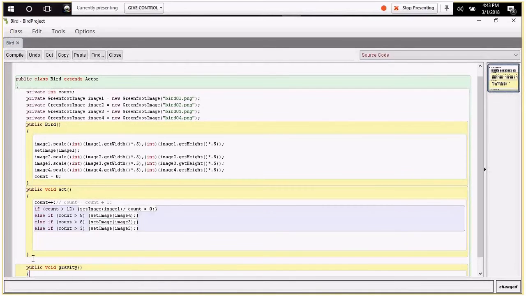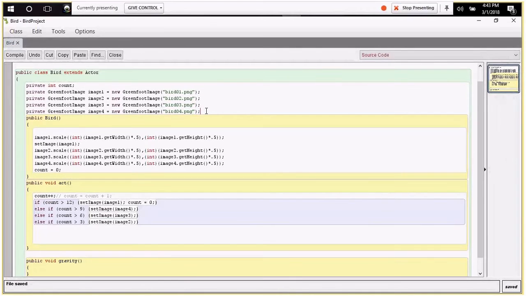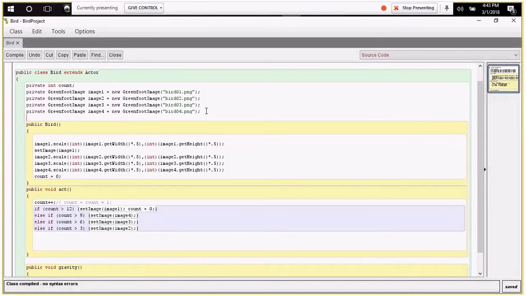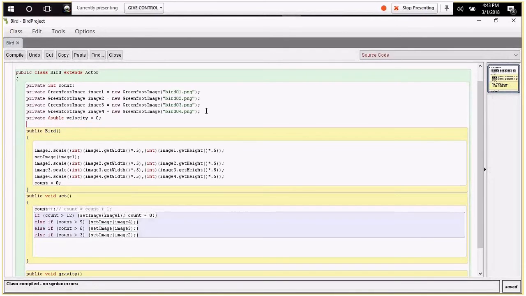It's going to be a couple lines. So I'm going to add another variable to the bird object. Well, I guess I'll need to do 2. It'll be private double velocity. Let it be 0. And then I'm going to have this double